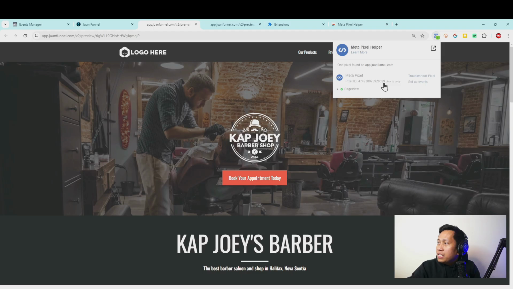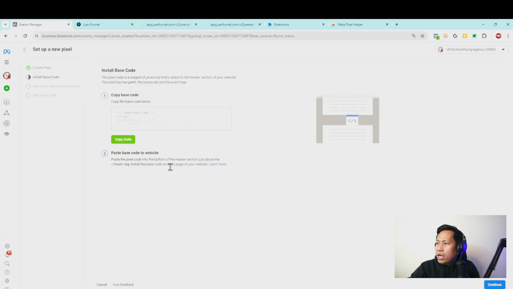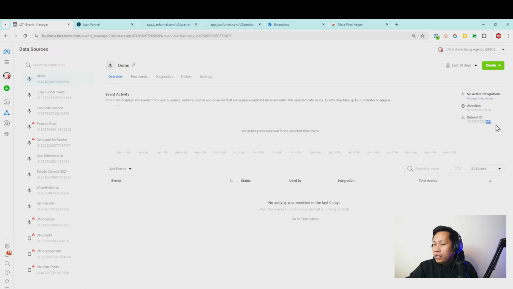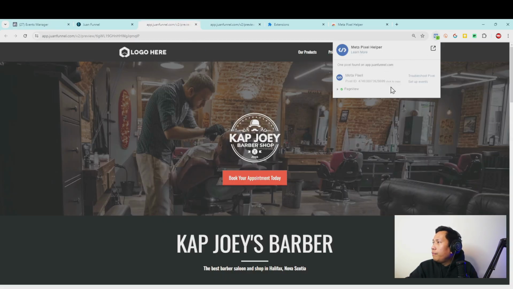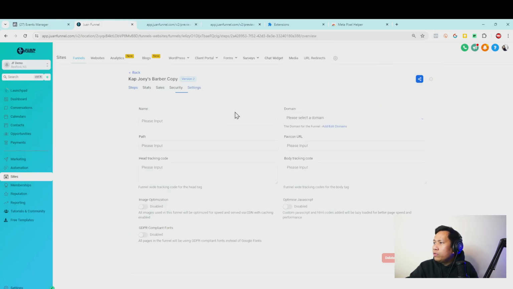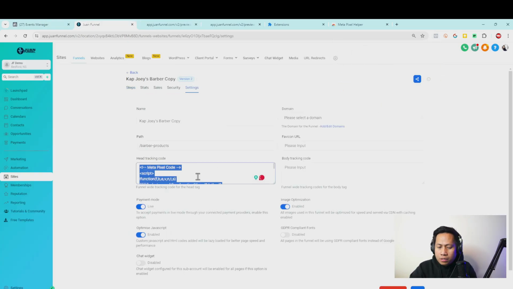So remember the 699, and if you go here, the ending should be 699. So this is the demo Facebook pixel. Then if you go to the website, here you go, 699. Now I'm going to delete this for demo purposes. I'm going to delete the code and click save. So now we don't have a Facebook pixel.